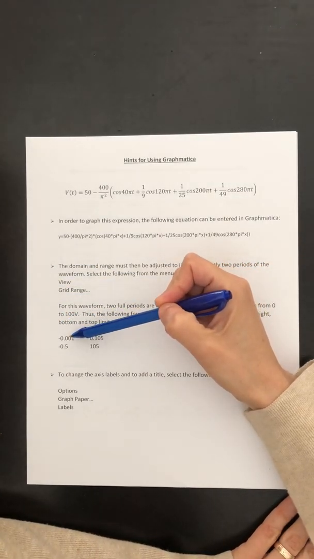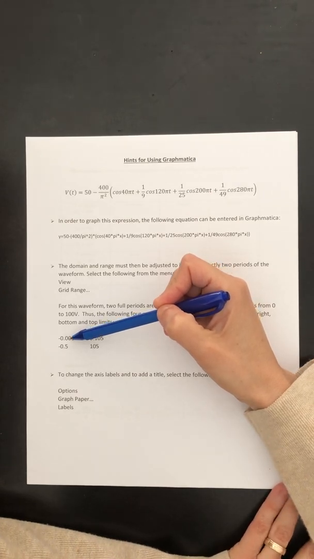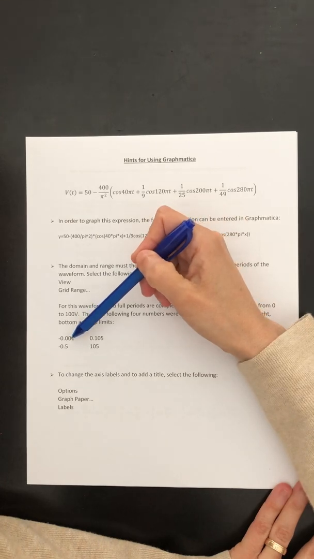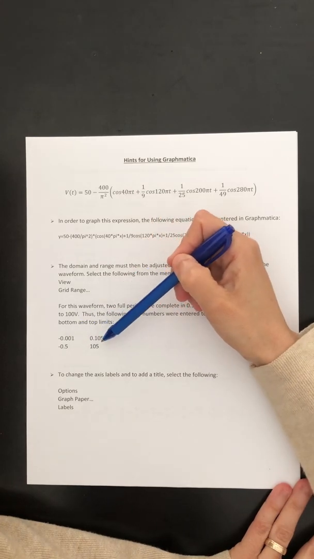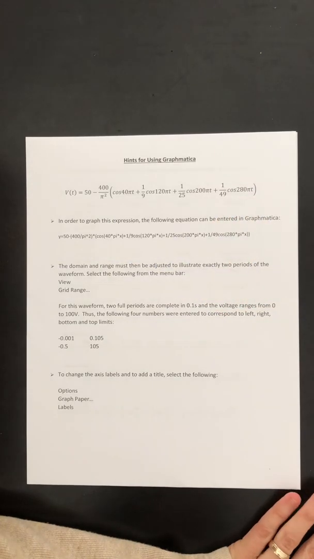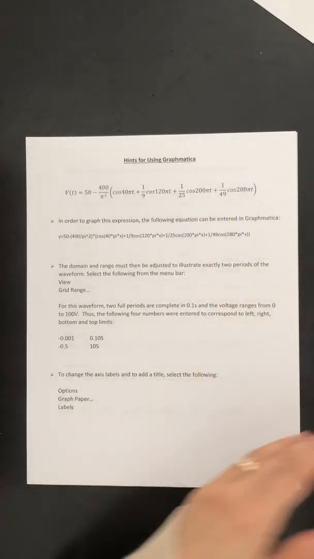So in theory, I would therefore go from 0 to 0.1, but you can see I've gone just a little outside of that. So I went from negative 0.001 to 0.105,